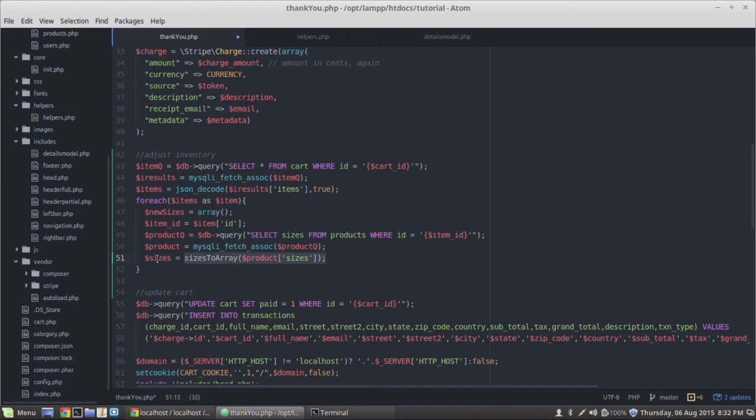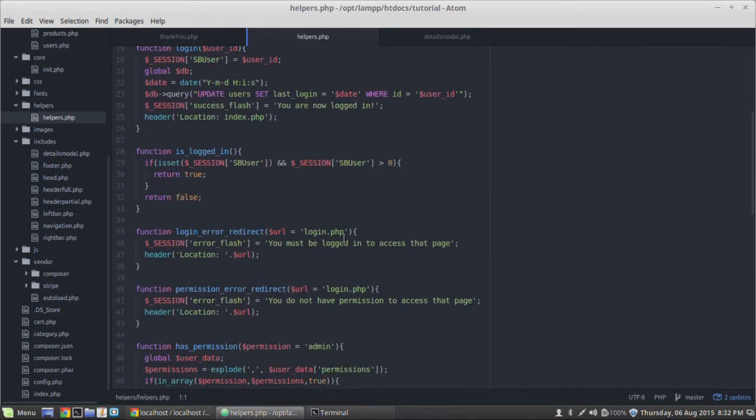And earlier in the project we've kind of done that by using explodes, and exploding by a comma, and then going through and looping and exploding by a colon. And we're going to do the same thing, but just to make it easier in our project,